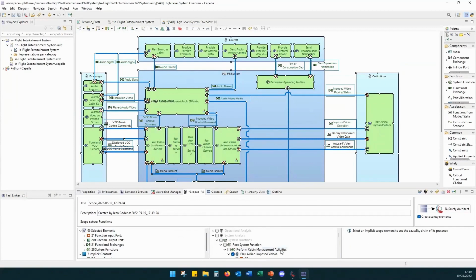And in the middle, we have all the tree view of the Capella project. So again, if you want to select manually other information that you want to export to Safety Architect, you can select it manually here. And now we can export to Safety Architect.